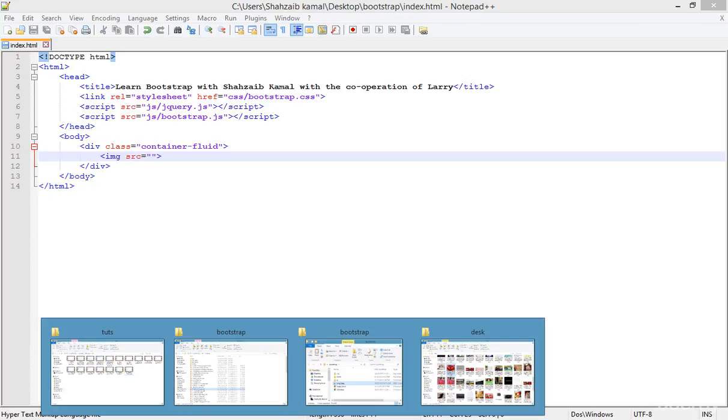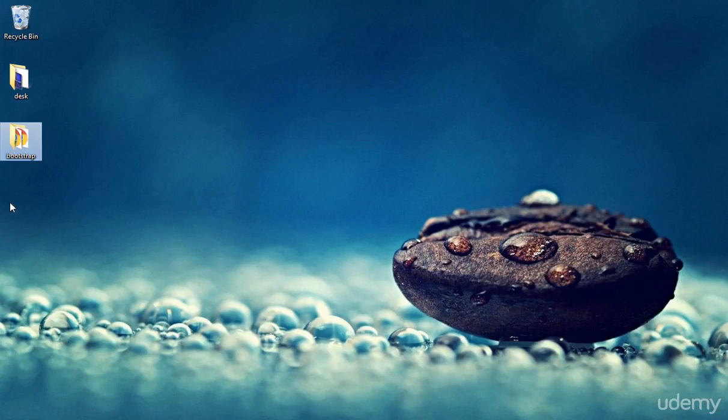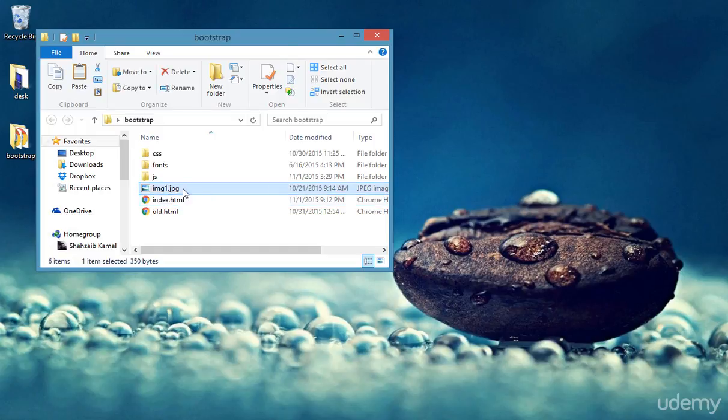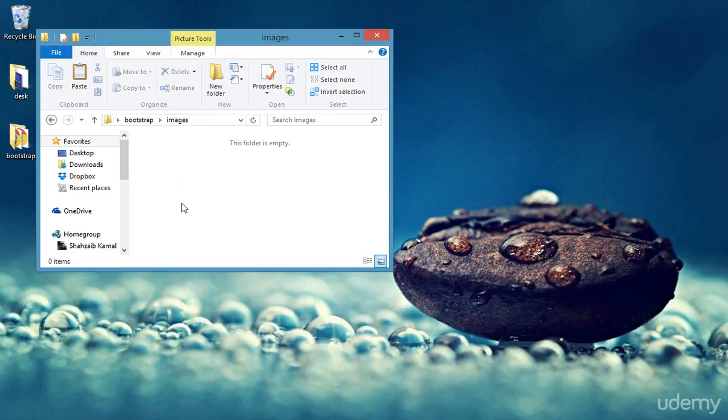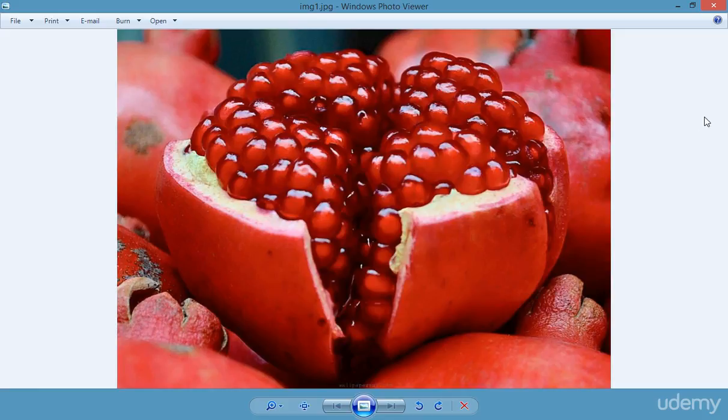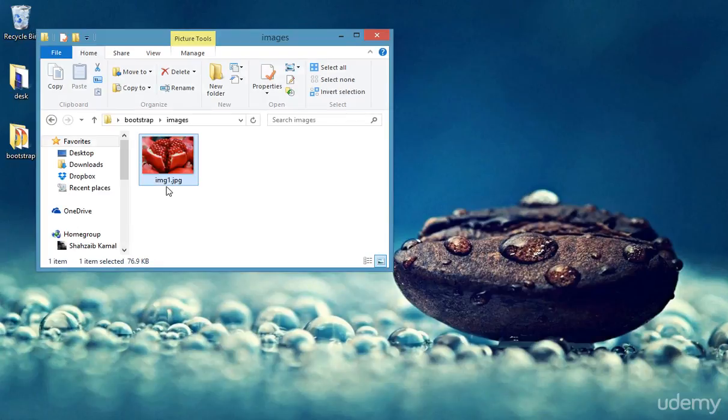So where is the image? I have to go to the folder. There is a Bootstrap folder, and you can see the image inside this folder. I'm putting this image inside the images folder because I want to make it perfect. This image looks really beautiful. You can see that I'm cutting this, and the image name is